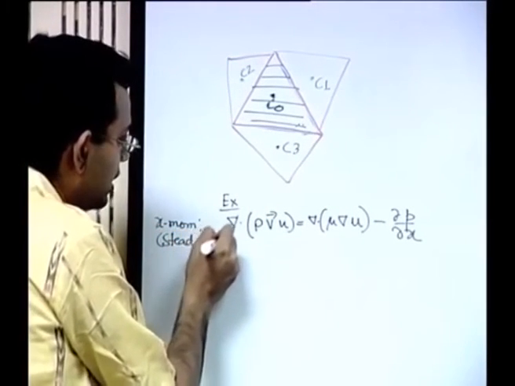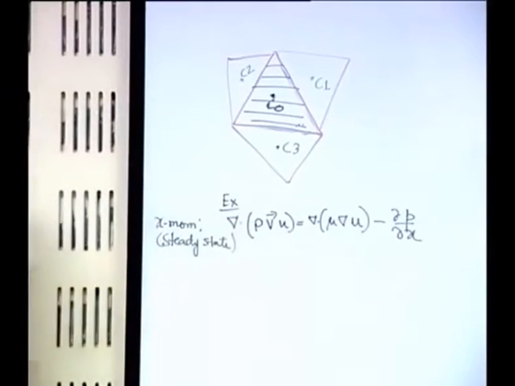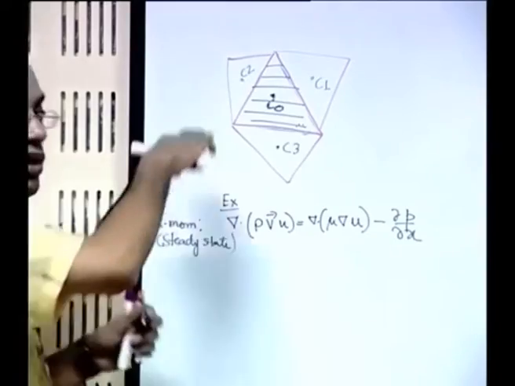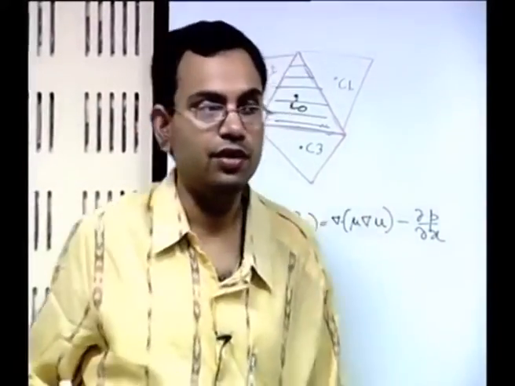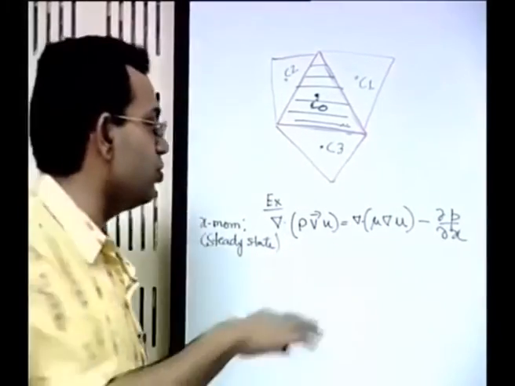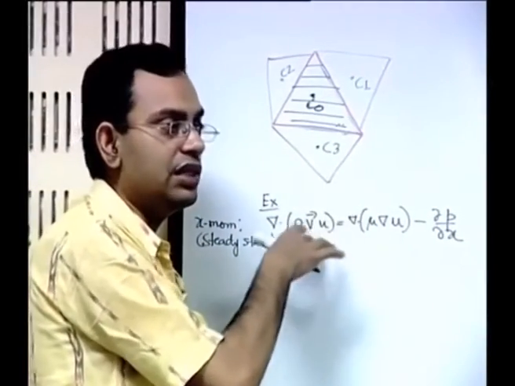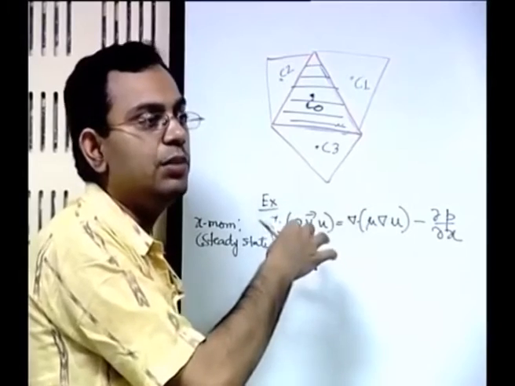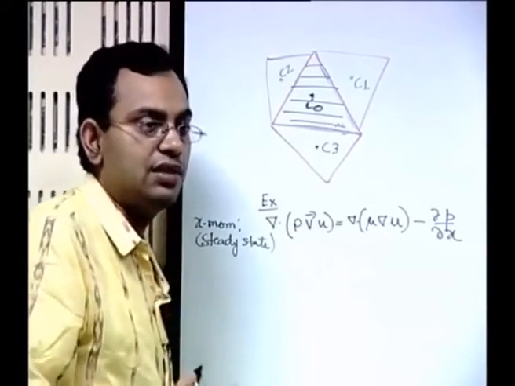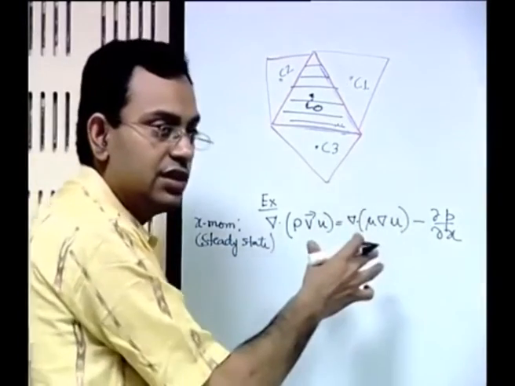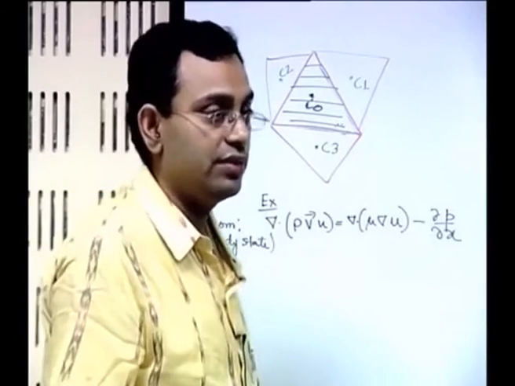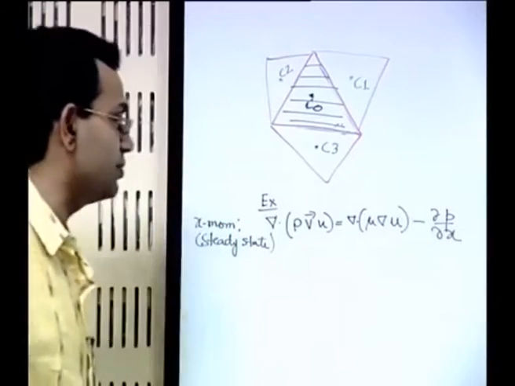The unsteadiness, how is it discretized? It is discretized in the same way. Unsteadiness does not depend on the shape of the control volume, it is a time domain, not a spatial domain. So we do not want to unnecessarily complicate it by putting in an unsteady term. If you put an unsteady term, it is discretized in the same way as what we do for structured grid systems. For the spatial discretization, unstructured and structured will differ, and let us see how they differ.